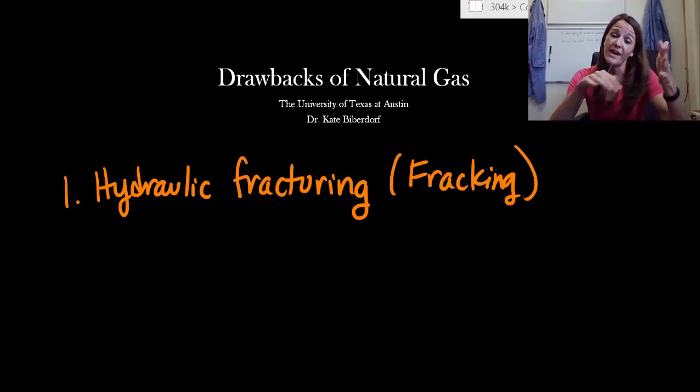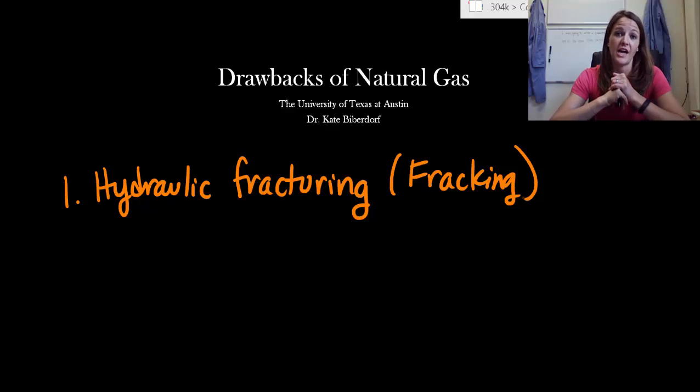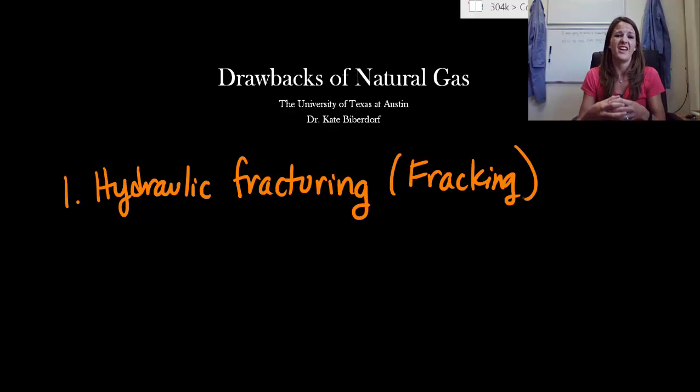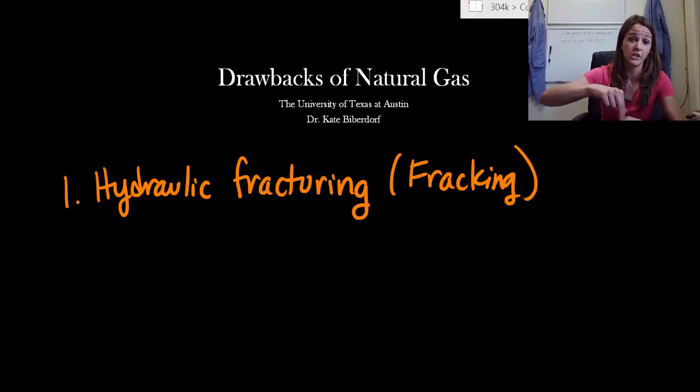Unfortunately, fast forward a couple of years, especially now in 2015, we are seeing some adverse health effects. So let me tell you how this process works, and then hopefully you can figure out what's happening and why that's so bad. Fracking is a very unique process. The first thing you do is drill about 1 to 2 miles down below the Earth's surface until you hit a pocket of natural gas. You go all the way up to the pocket and then you stop drilling.